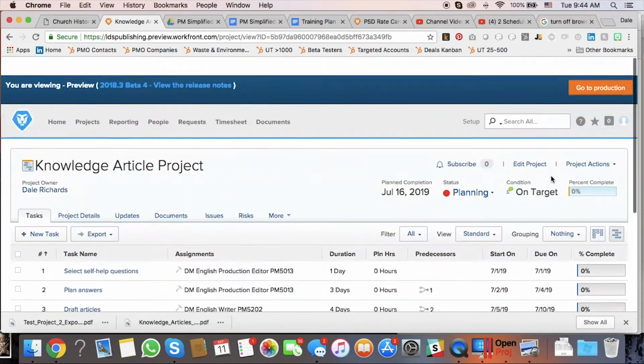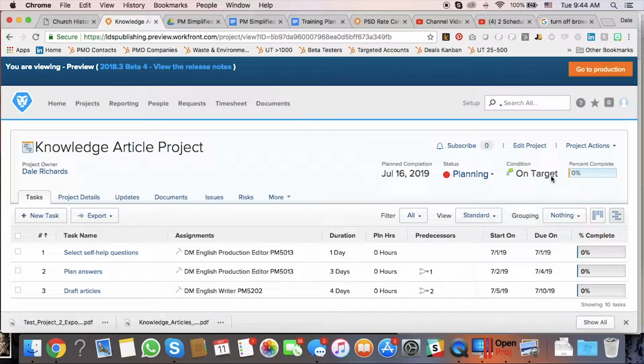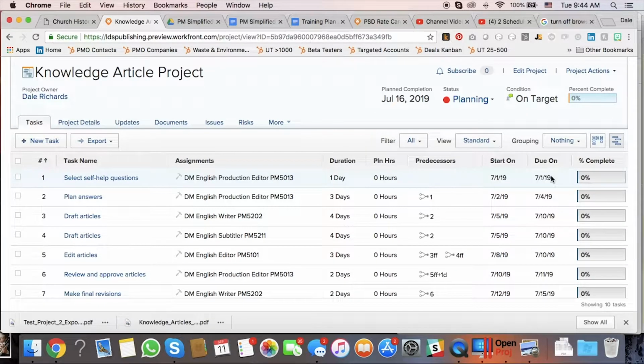All right, budgeting in Workfront. Lots of cool things that Workfront can help you with in terms of budget. One nice thing is that if you remember in the video lesson, we said we're not going to tell you how you can find what the hourly rates are for each of your resources. Well, there's lots of different ways that you could determine what those hourly rates are. In Workfront, those hourly rates are associated with specific roles or people. And so as soon as you put someone in under the assignments column, Workfront is going to pull their hourly